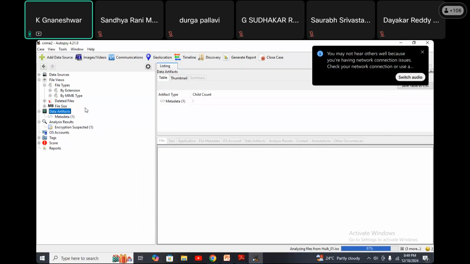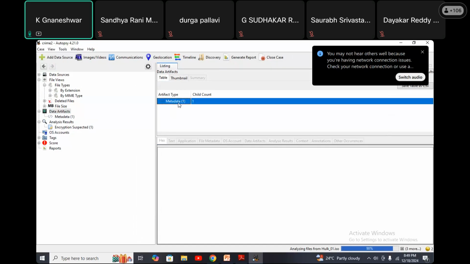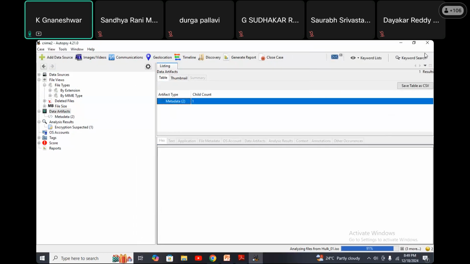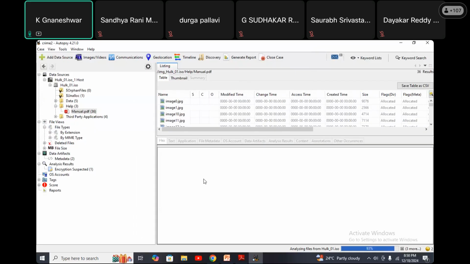Okay, metadata is showing here. Already it's not connected with the net, so it was directly downloaded, so nothing will happen. No data, only metadata is displaying. We can see this text data and manual PDF. We are downloading from the net now, so the related data we can see here. It is showing images.